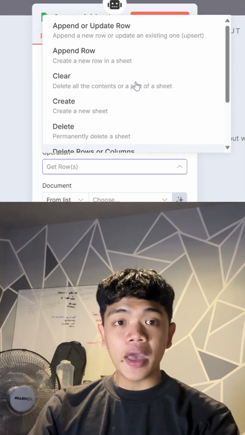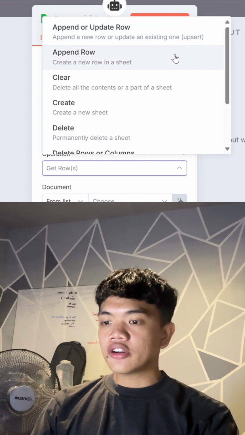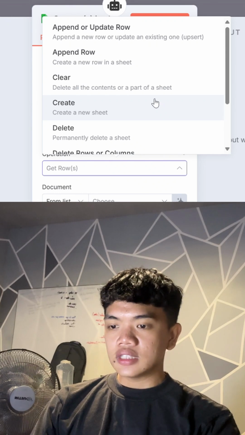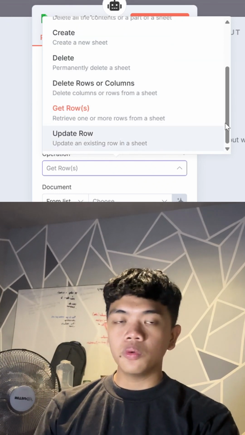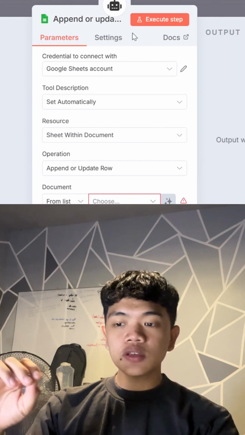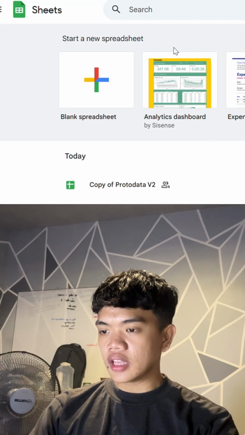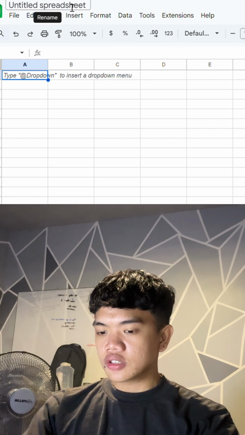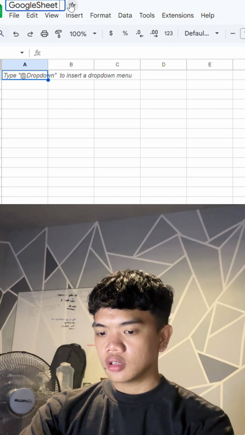So we have append or update row, append row, clear, create, delete rows or columns, get rows, and update rows. First, we're going to use append row. As you can see, we need a Google Sheet here. So we're going to go to our Google Sheet and create a blank spreadsheet, and we're just going to give it a title, Google Sheet Practice